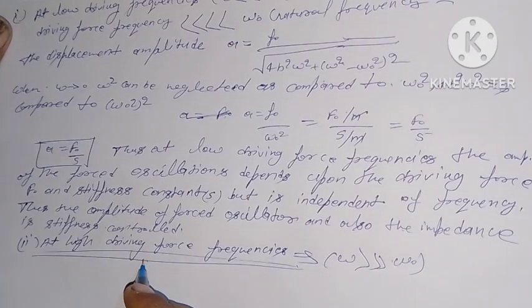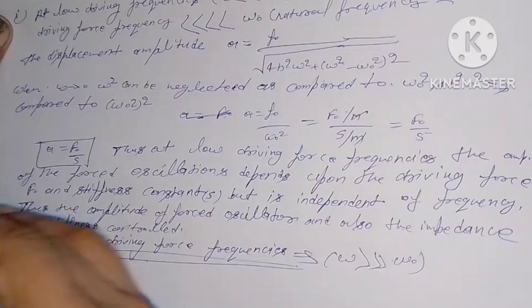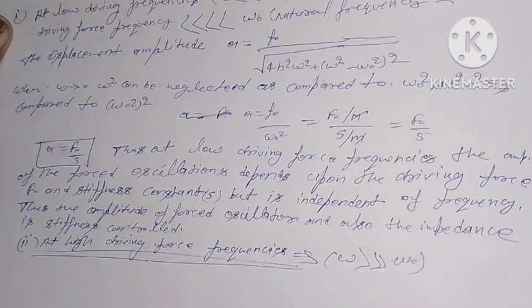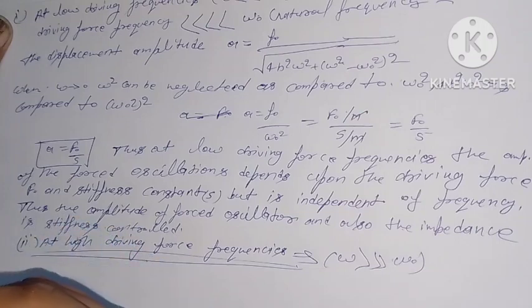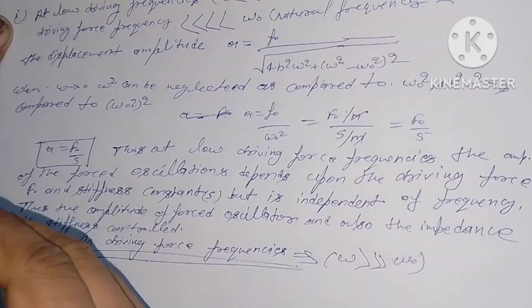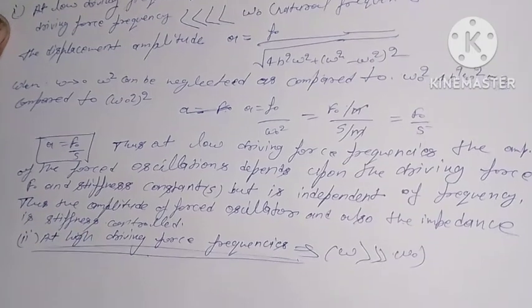If the driving force frequency is very much greater than the natural frequency of the oscillator, for large value of omega, omega square is very much greater than omega naught square, so that omega naught square can be neglected as compared to omega square,